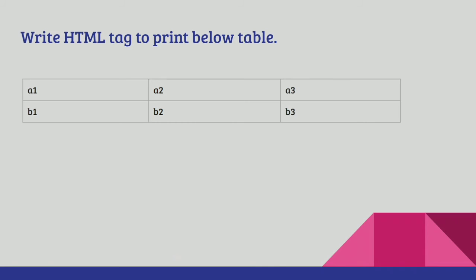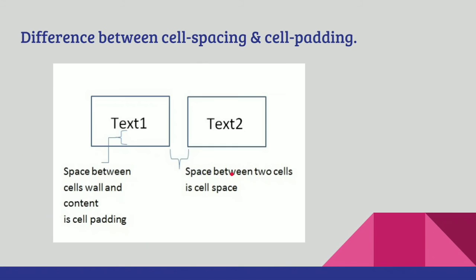Once we explain this particular concept to an interviewer, he may ask you what is cell spacing and cell padding. So when we want to maintain the space between the cell wall and its content, we use cellpadding. On the other hand, when we want to maintain the space between two boxes, at that time we make use of cellspacing. This is a little confusing, but padding is always the distance between the content and its outer wall, and cell spacing is something different. It is the distance between neighboring elements. In this way, you can make it understood.